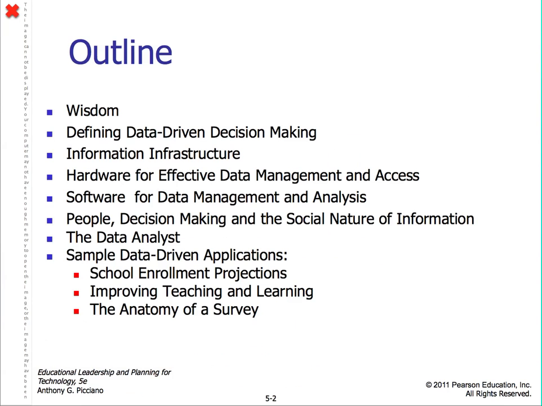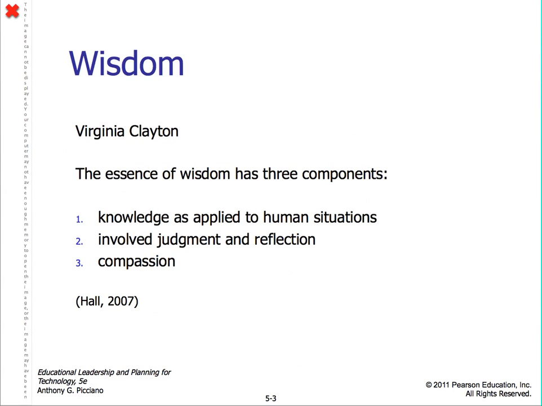The outline is wisdom, data-driven decision-making, information infrastructures, hardware, software, people and social nature, the data analyst, and some examples of data-driven applications for you. Wisdom: we have to make wise choices, and the book talks about a young lady named Virginia Clayton